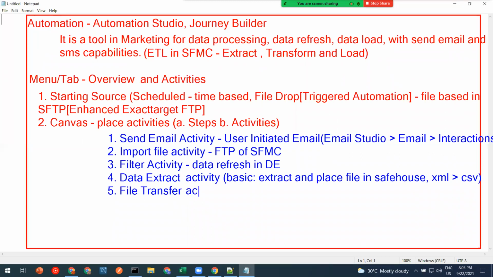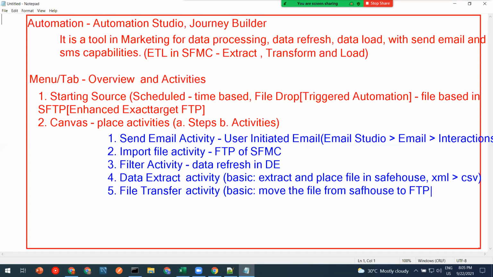Coming to the file transfer activity, it again has a basic job: move the file from the safe house to FTP. FTP is the location where the files are stored whenever we want to move them. So there is a two-step process.